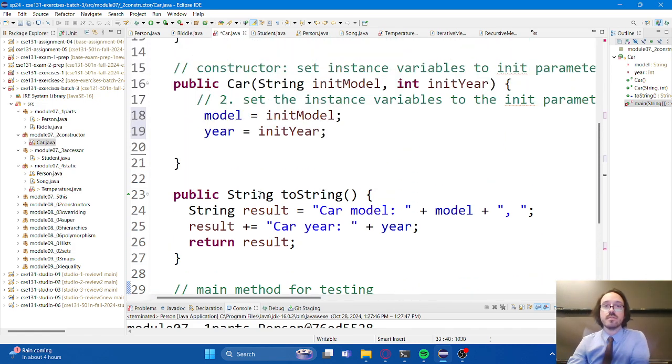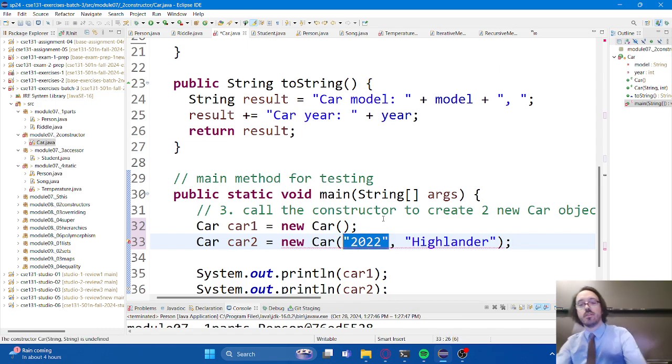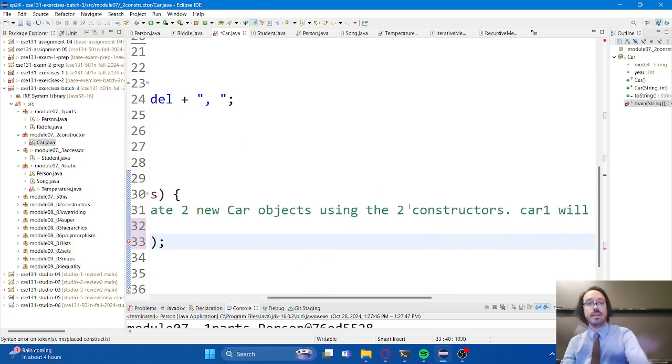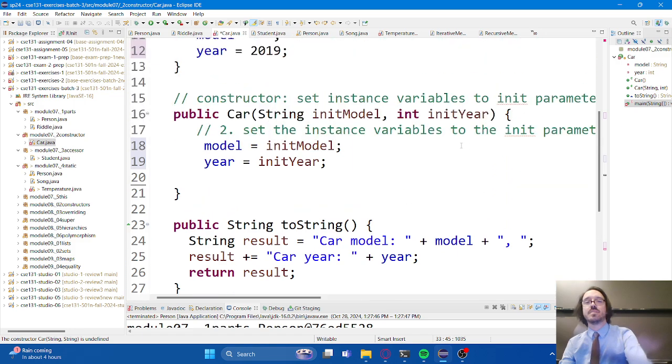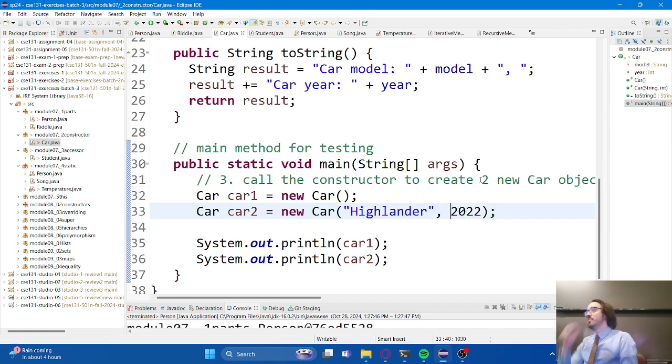Whoops, what did I do wrong? Oh, I did two things wrong. Somebody tell me one of the two things I did wrong. What did you say the model is? It's in the wrong spot, so I got the order wrong. And then what else did I do wrong? Swap the order, that's still not going to do it. I set my year as a string, but that's not what type it's expecting. It's expecting an int. Yeah, I double botched it. That's okay. Programmers make mistakes all the time. The important thing is we can look at the mistakes and figure out how to fix them.